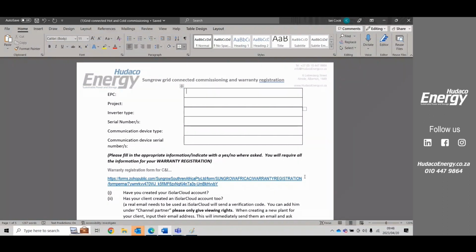So if the client goes step by step through this document, it'll help them to set up the device properly. It will also help them to gather all the information that they require for their warranty registration. And it's going to be things like pictures and certain verifications of the inputs that they all write. If you forward this to us, we will also have this in our database, so that at a later point,